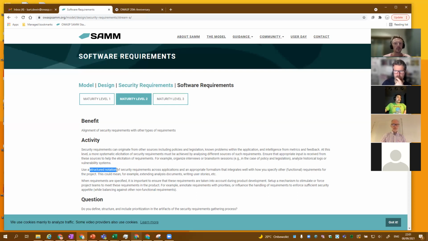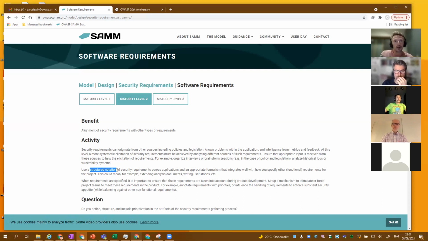At level 1, they can be described in a very natural language, I would say. At level 2, you might want to start using particular formalisms to describe security requirements, to make sure that it's always clear. And you can think about formalisms like